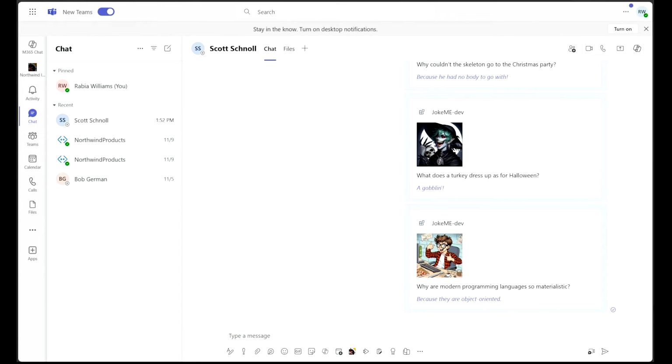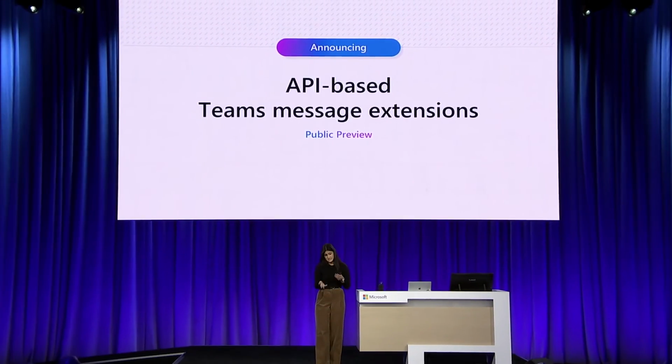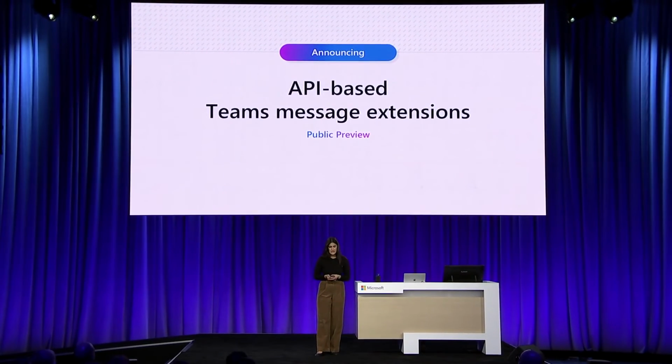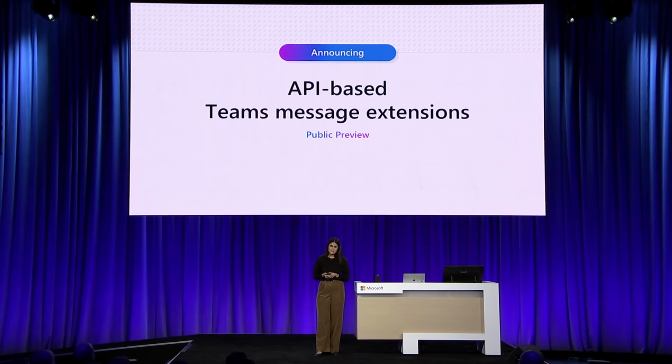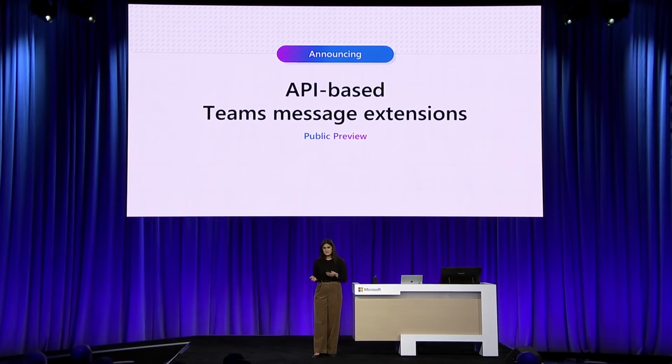All of this is available as a sample app today on our GitHub repo. And we'll share a link to the resources at the end of this show. And that's it. As simple as that, you can build your first message extension using existing APIs in a matter of minutes today. And during our public preview, these API-based message extensions will be available in Teams first. And in the upcoming months, it's going to follow as plugins as well on Copilot, just like bot-based message extensions.